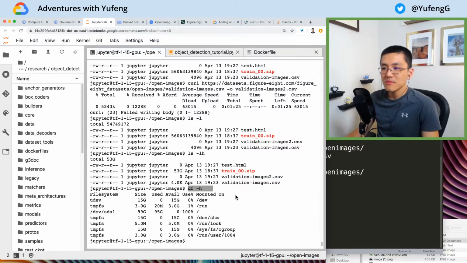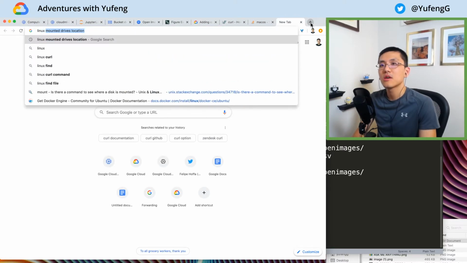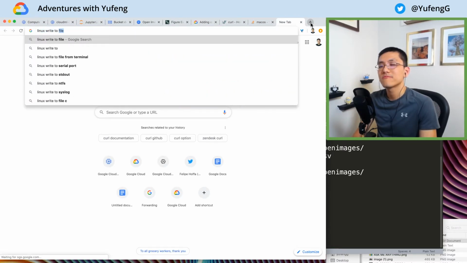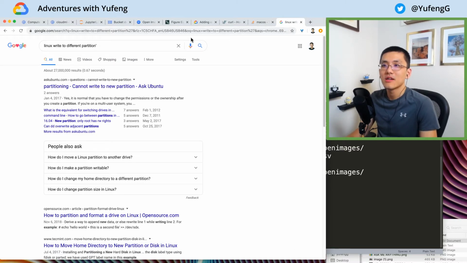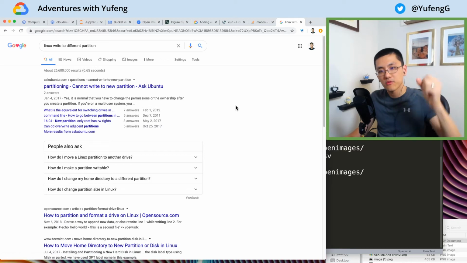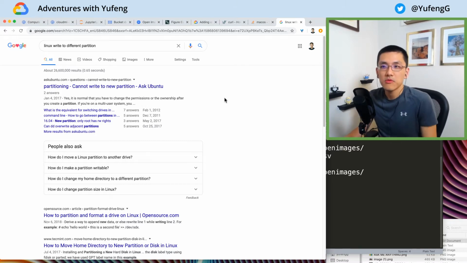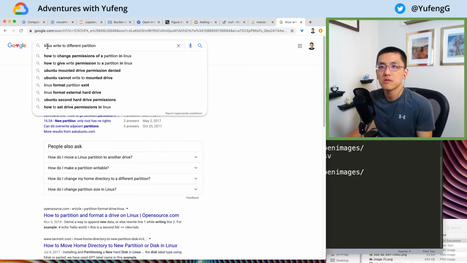And now comes the real problem of, let's see, how do we, in Linux, yeah, use is 100%. So let's see, Linux, write to, I don't know, a different partition. This is really kind of going to uncharted territory. I typically don't end up writing stuff to local disks. If I had it my way, I would just have enough room to download and then re-upload just as soon as possible to a cloud-based storage system that's more distributed. But really, I want to write to,